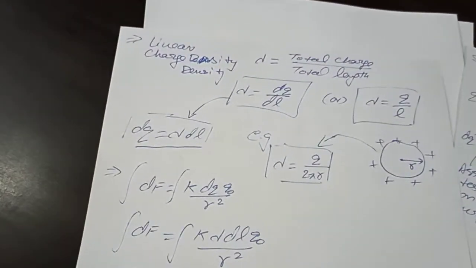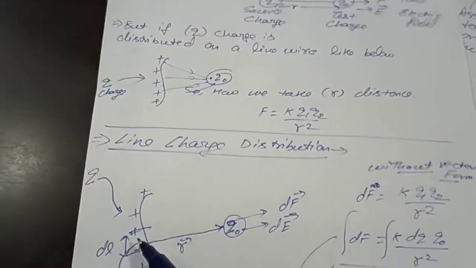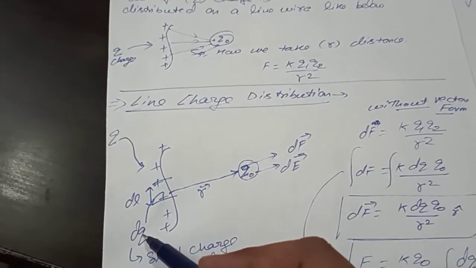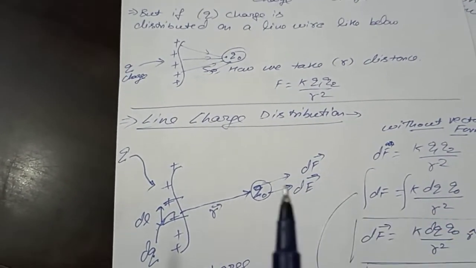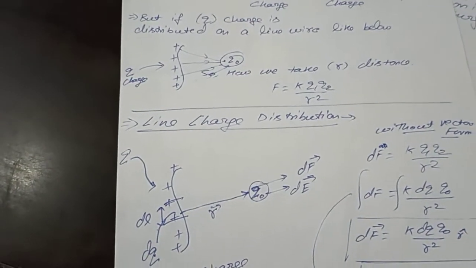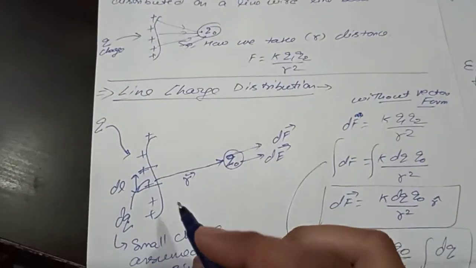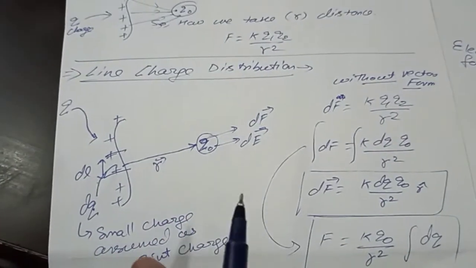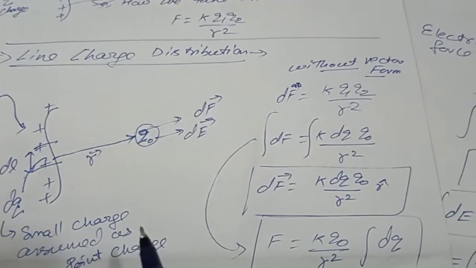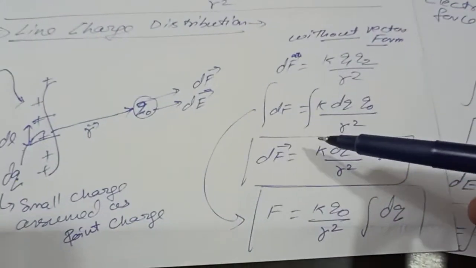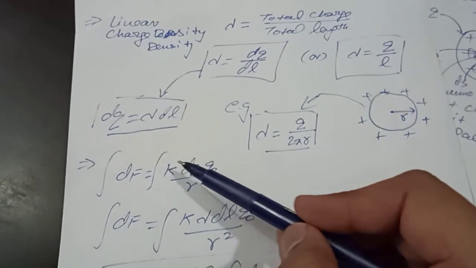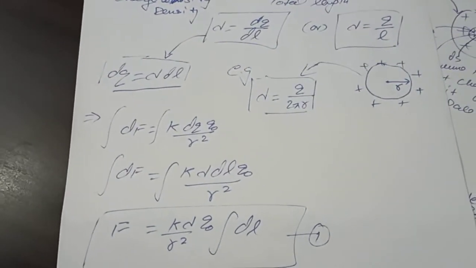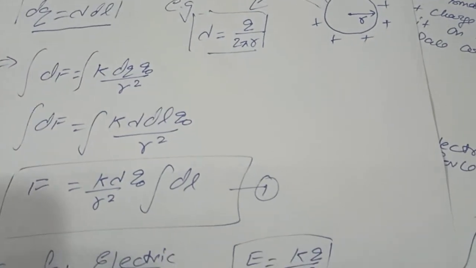In the line charge distribution we have a certain line, and on this line we take a small elemental charge and a small elemental length. From here we take the distance r. Why are we taking a small elemental charge, small elemental length, small elemental surface area? Because we need to make up the point charge. So for forming the point charge we use the small elemental length, and here we use dq as dq, and afterwards we use the formula for dq as lambda into dl. Every time we use this concept that dq is to be put in.